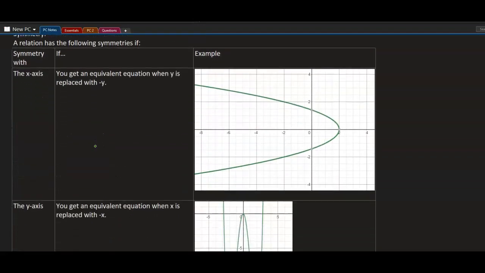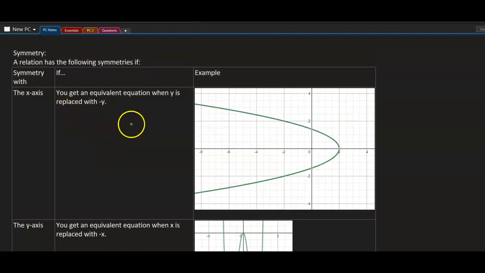Now let's talk about symmetry. This graph right here, first of all, does not represent a function. It does not pass the vertical line test. This vertical line right here touches that curve more than one time. This means that it is only a relation, it is not a function. But